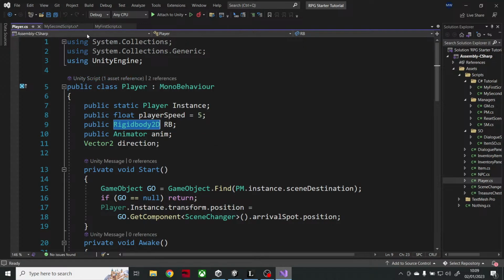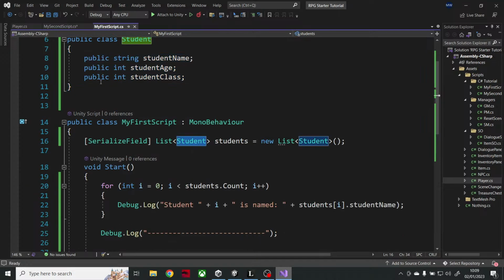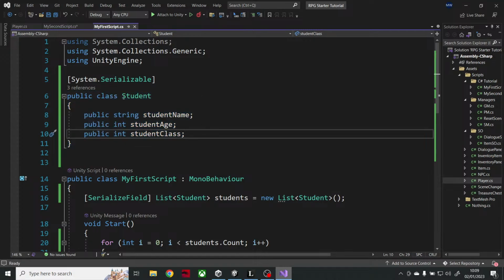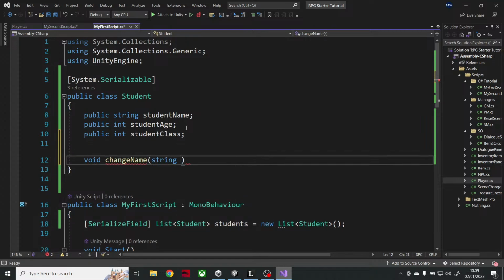It's the exact same thing as when we did this. Public class student, and we use student as a variable type. Unity has created something called rigid body 2D, and it's got variables in it, and it's got methods in it. I could put a method in this too. I could say void change name, and we'll input a string, the name,